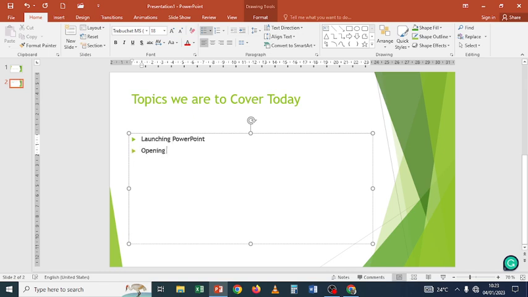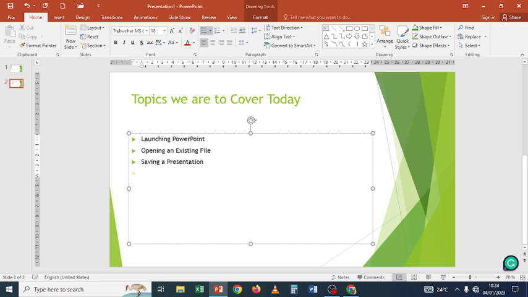Opening an existing file. We have already opened an existing file, remember. Then saving a presentation or a file. A file of a PowerPoint is called a presentation. So saving a presentation,